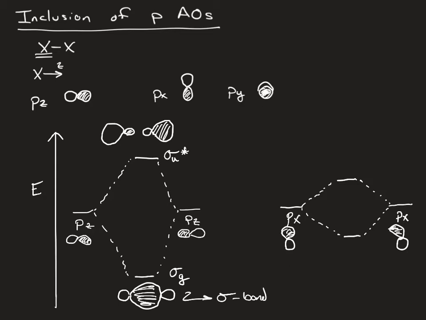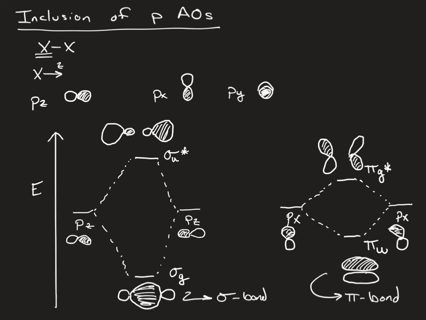So going through, first off, the symmetry label for this will be a pi u, and for the anti-bonding orbital, it'll be a pi g star. The pi u will look like that, while the pi g will look like that. If we had two electrons occupying the pi u, we had described the type of bond that this would be formed as